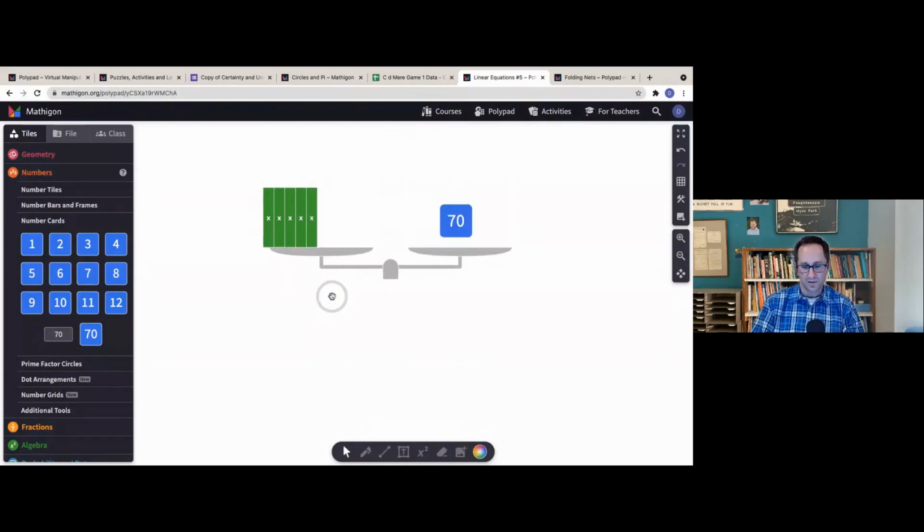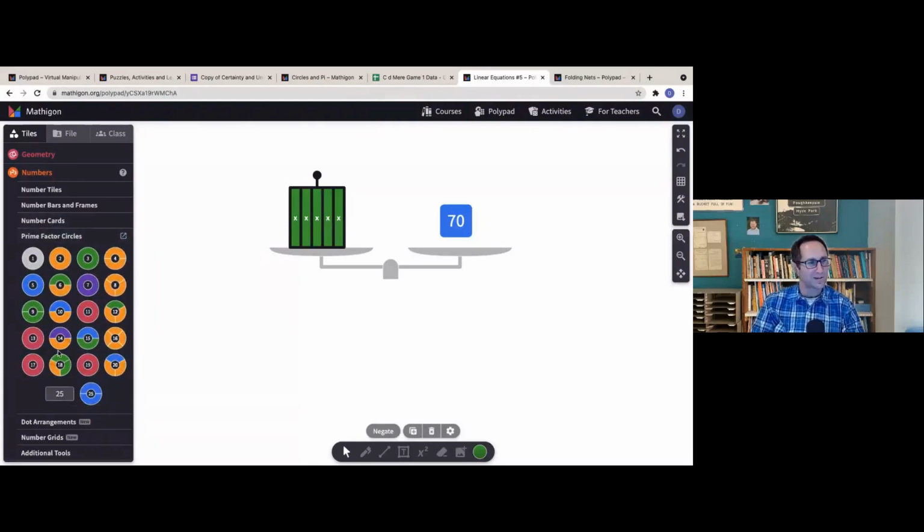So there's the 0. Now, students might know what 70 divided by 5 is. They can pull out a calculator, but I just want to take this opportunity to show off the prime factor circles here on Polypad. If you've played the game Prime Climb, you're familiar with Dan Finkel's work at Math for Love. These are obviously built in collaboration with Dan Finkel.